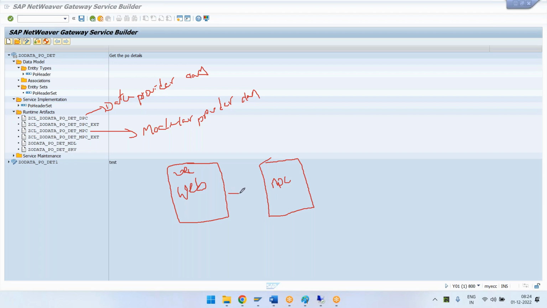Whatever data is going to be sent by your web will be converted by the model provider class, and this model provider class will give this input to your data provider class. And in this we will be having the DPC extension. Here we will be writing our ABAP